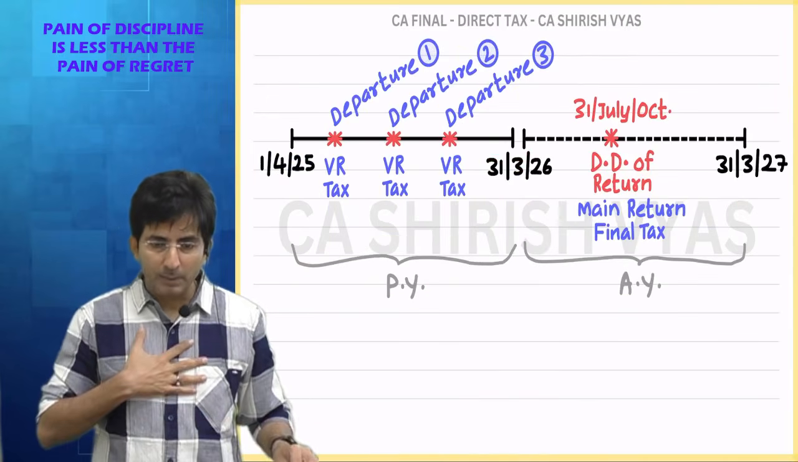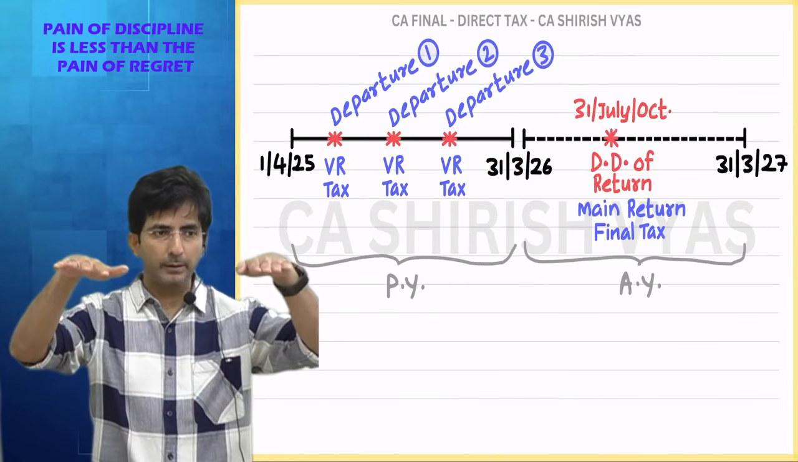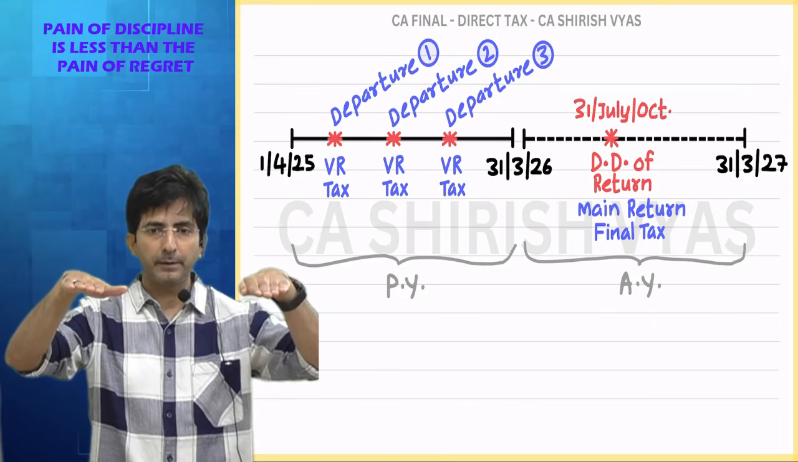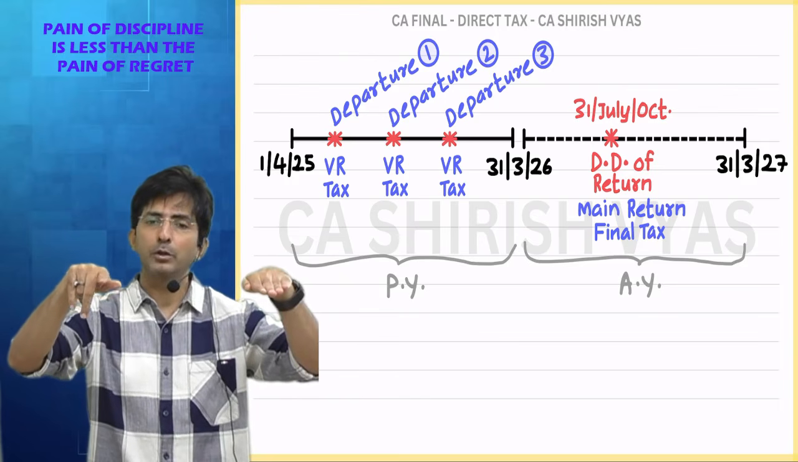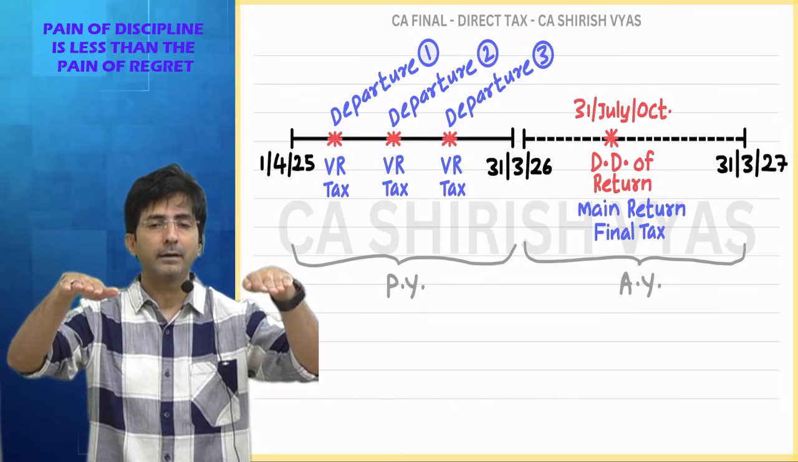See, once again for my satisfaction, give me the distinction between voyage return and main return. Answer: voyage return is filed only once or multiple times? Multiple, every departure, every voyage. It is voyage-wise. Main return is only once for the whole year. Then the other difference,